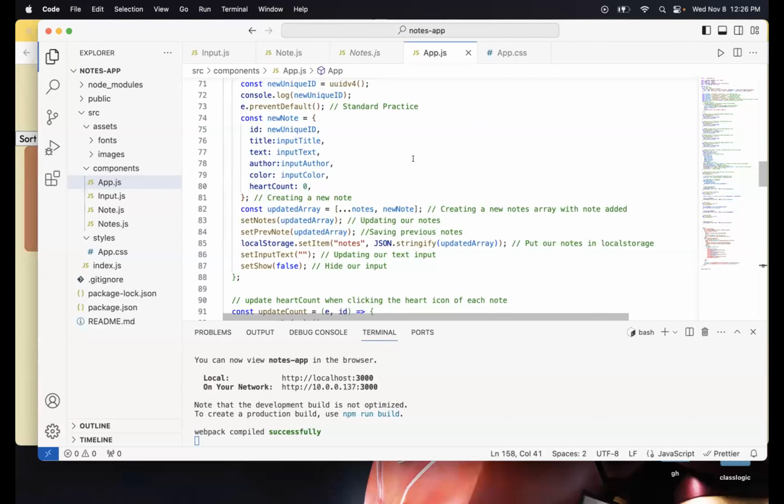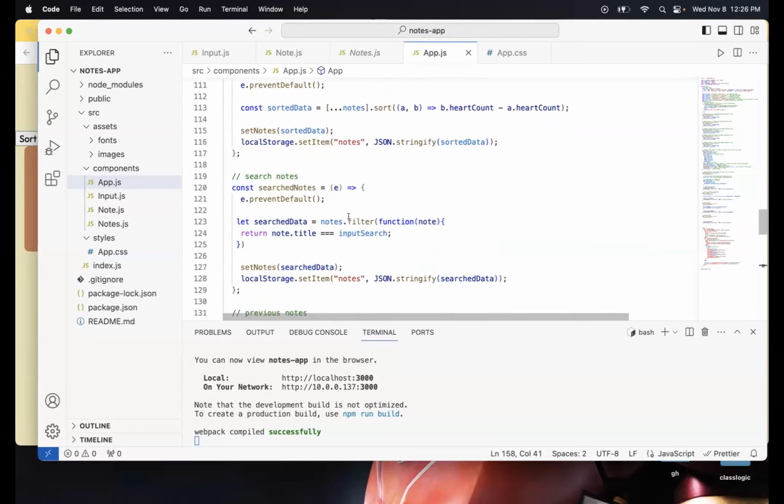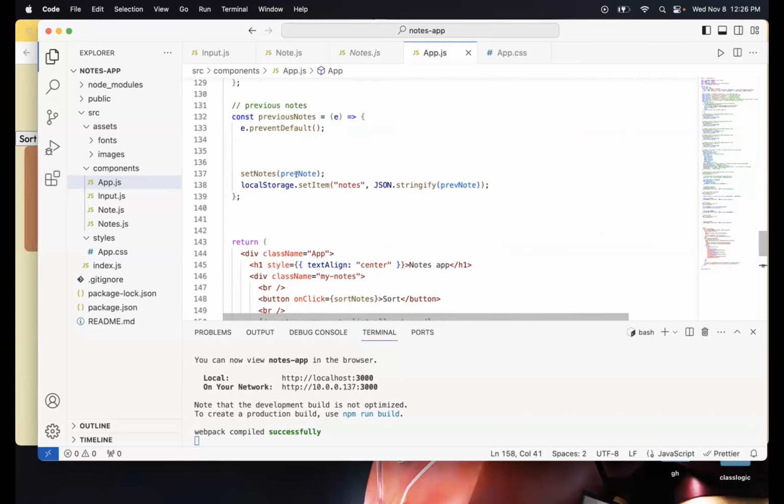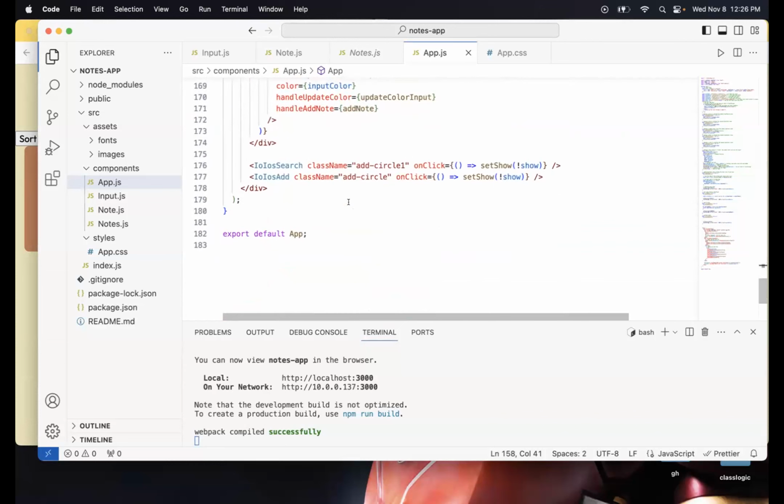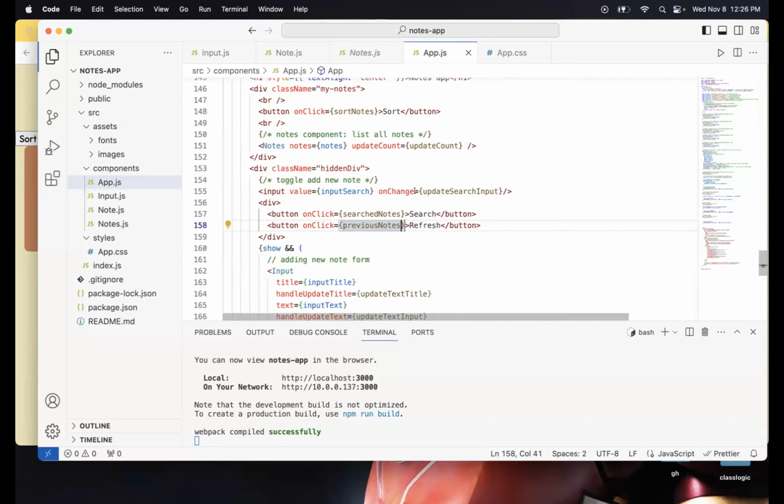So even if I change the notes, the previous note is going to be there. So if I have to refer back to it, I can just use it. So that's what I did in the previous notes function. I just set the notes to the previous note value. And in the button over here, I'm just calling that function. It's like backup storage, you're correct.